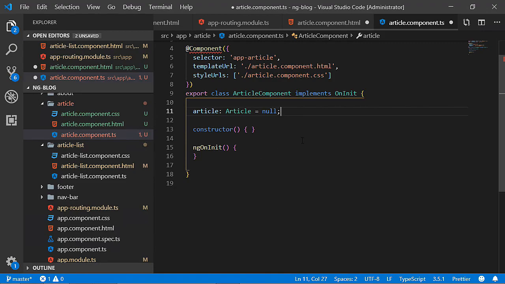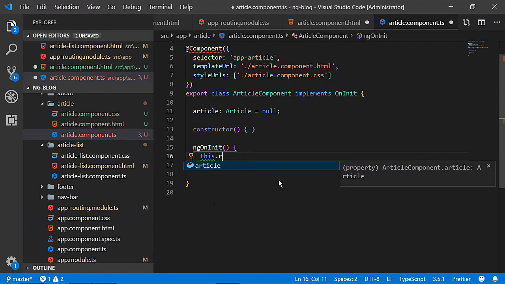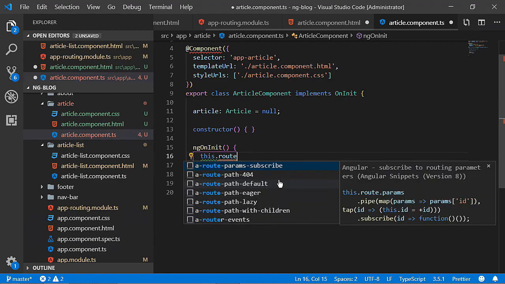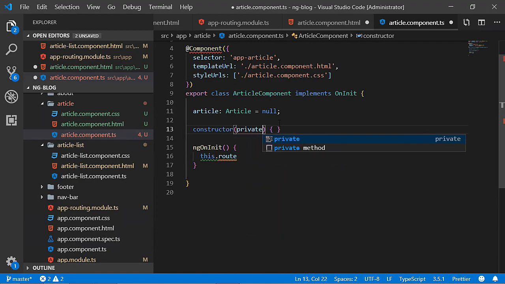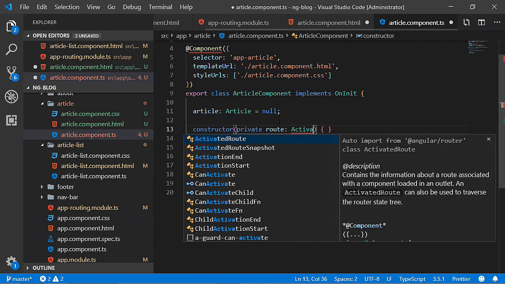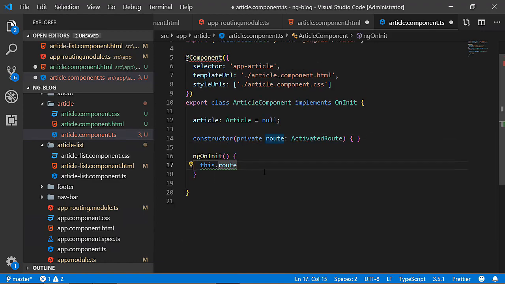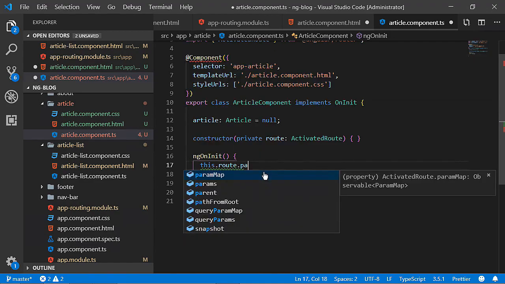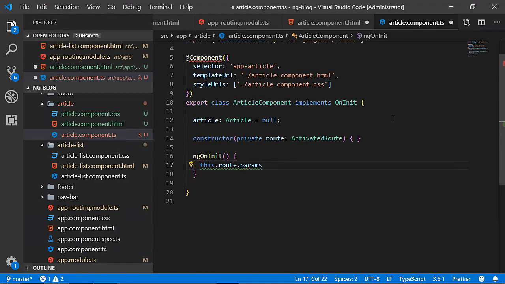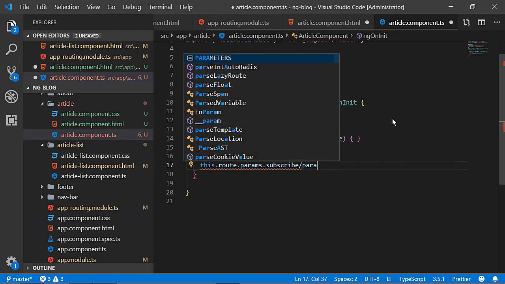And then in the ngOnInit, we have to look at the route. So I want to use something like this route, but now I need the activated route of Angular. So what we can do is, with dependency injection, we say this is our activated route from the Angular router package. And now we can access the route right here, get to the params, the parameters, subscribe, and then let's say